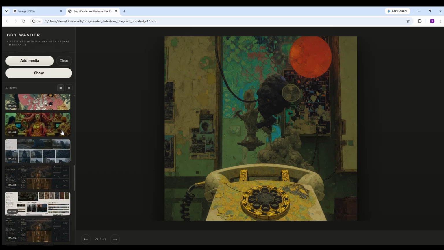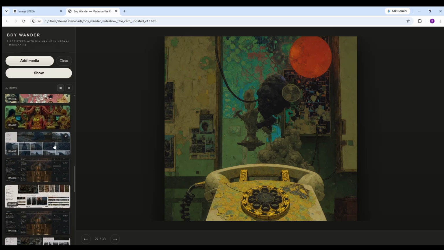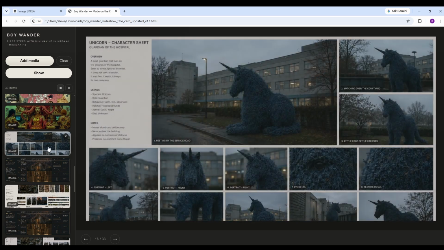This was my first proper go with MiniMax H3, and what I did was, with the hospital thing, I found at first Krea wasn't holding consistency. You made a video and it changed shot, so it would cut from one shot to another and it would look like a completely different video. So I had the idea of making